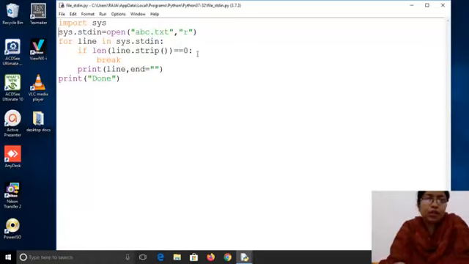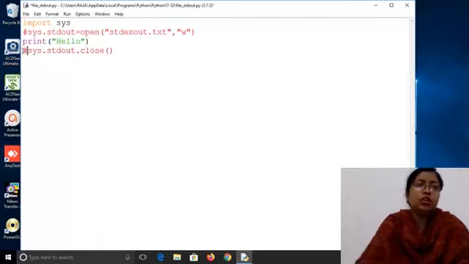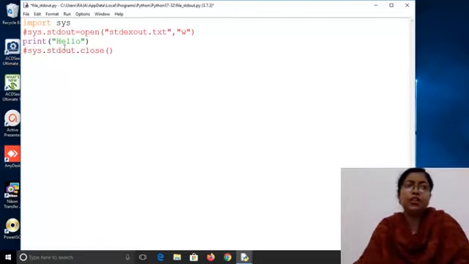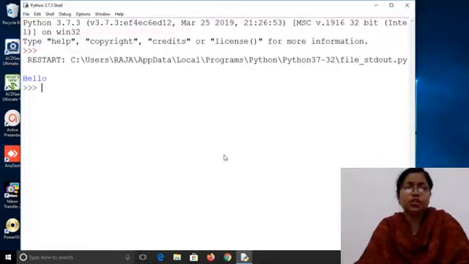In this file I have defined the stdout. By default the standard output is the console. Okay. By default the standard output is the console. So whatever we print will be printed in the console. All of you know that. Just let's run and check. See, this is the output, all of you know that.